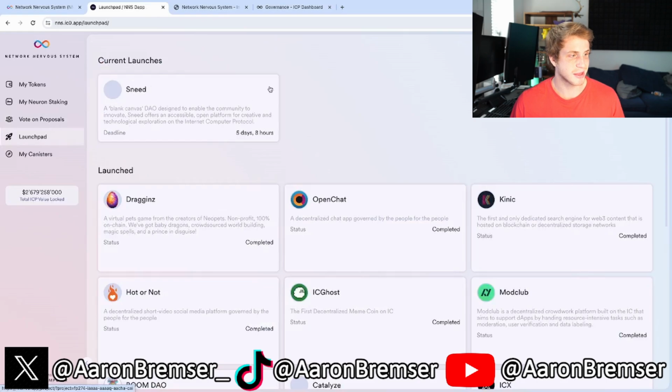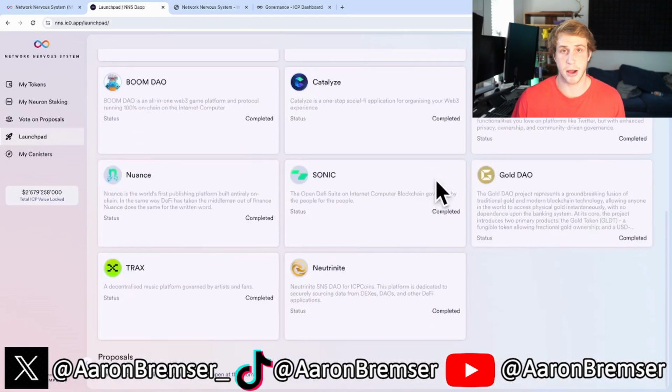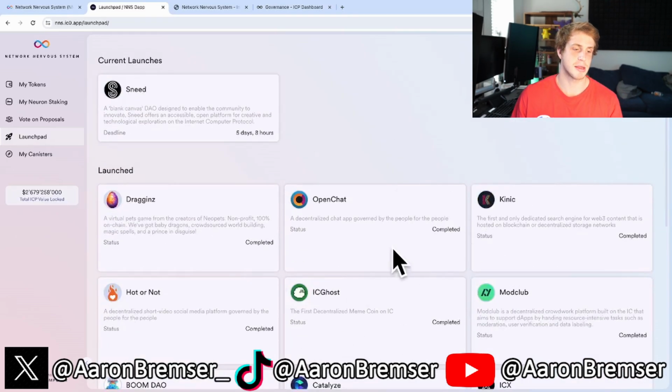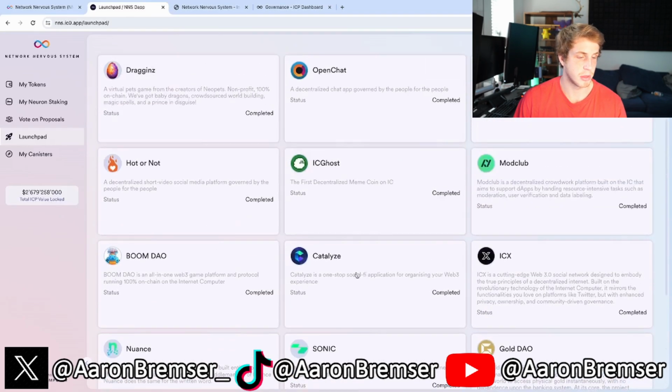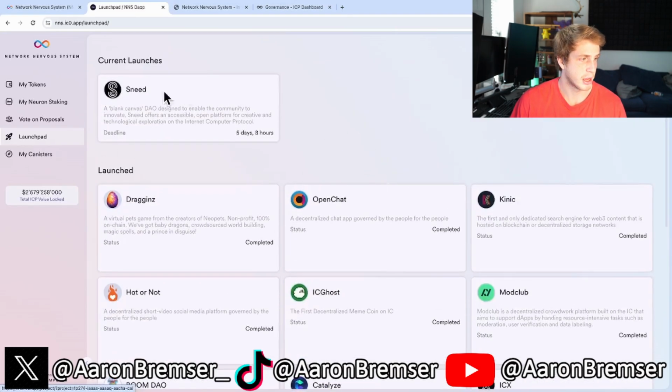And then you have the SNS Launchpad. So as you can hear, this is where SNS DAOs are launched. And the way an SNS DAO is launched is first, a proposal needs to be sent to the NNS in order for a launch to happen on the SNS, in order for an SNS swap to occur. And as you can see, there's been a couple SNS DAOs created. They raised a lot of ICP for it, and a launch is going on currently right now.